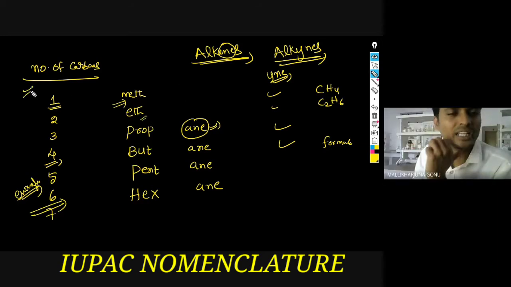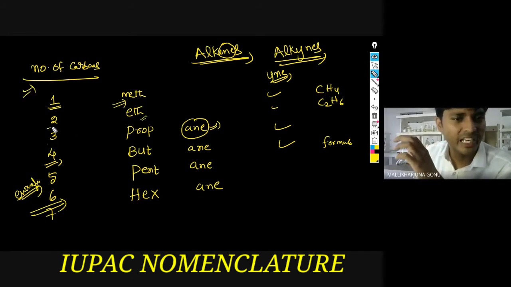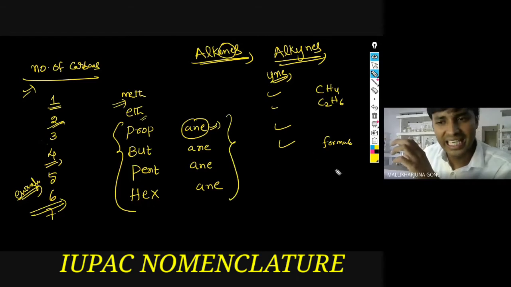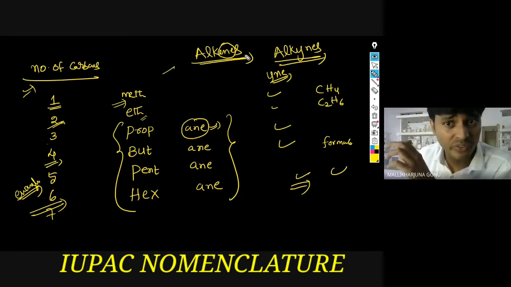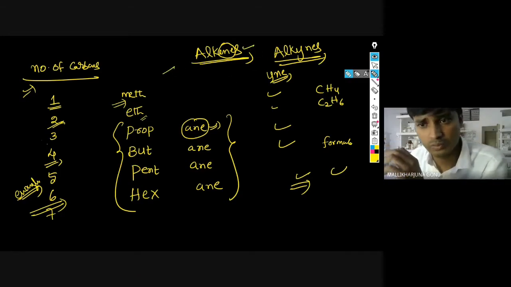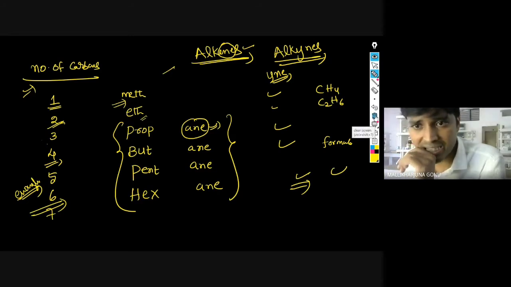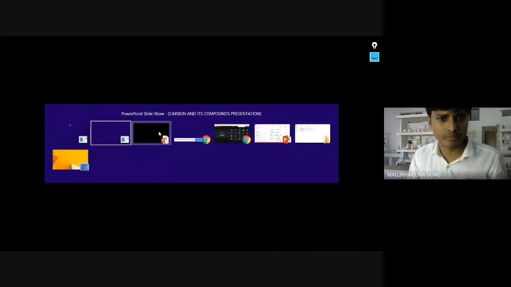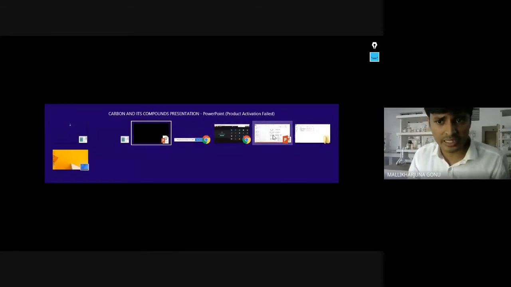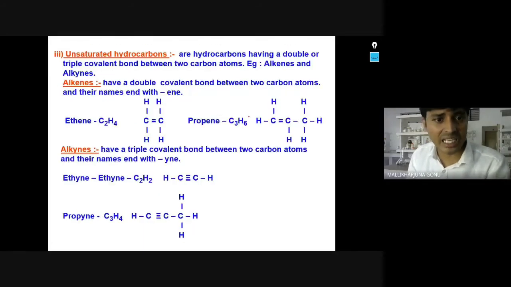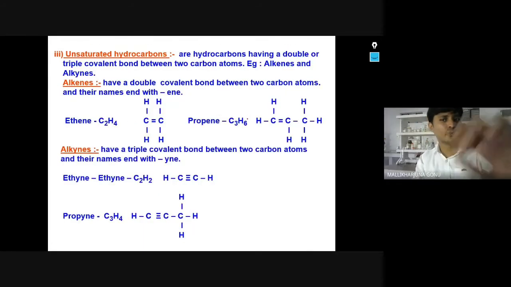So this is how you have to write the homework. For alkanes, I have explained till 2. The rest, I have given the names of these compounds. Now you have to write the structures, how it can be formed. Formulas you have to write. Not only for alkanes, we have to write for the alkenes and alkynes also. Hope now it is clear. So I will take you to some other thing, a presentation here. Alkenes and alkynes, that also I will give you the idea.